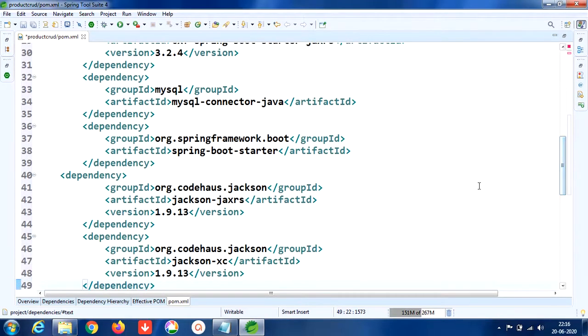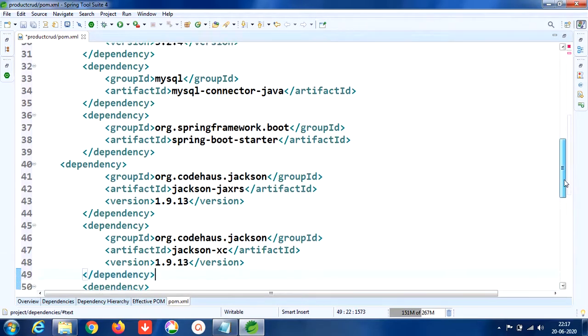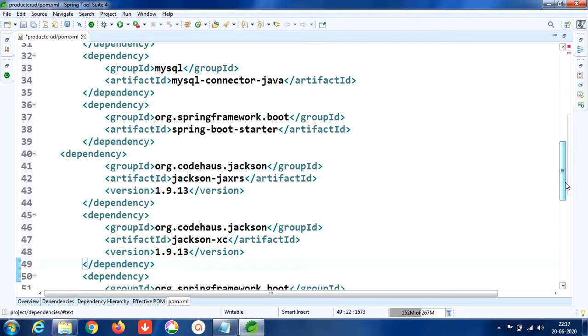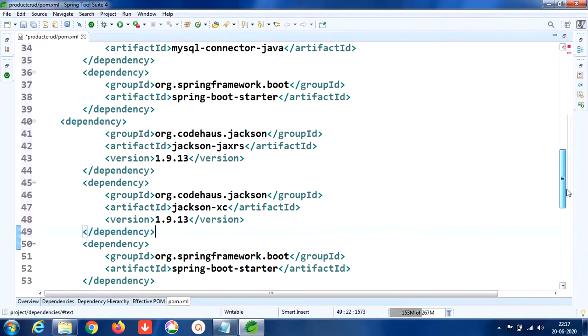This Jackson dependency is used to get the data in the JSON format. To display the data in JSON format, we need the Jackson dependency, and to connect with Postman, that is the client tool, we need this.